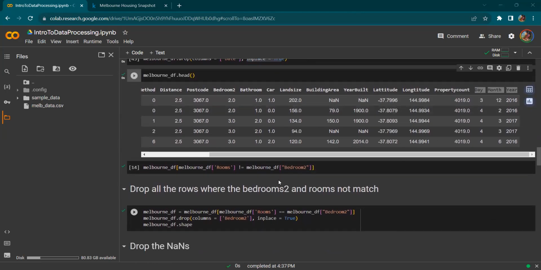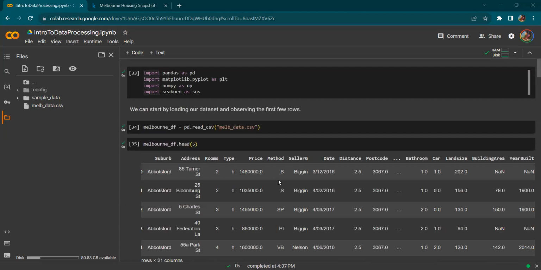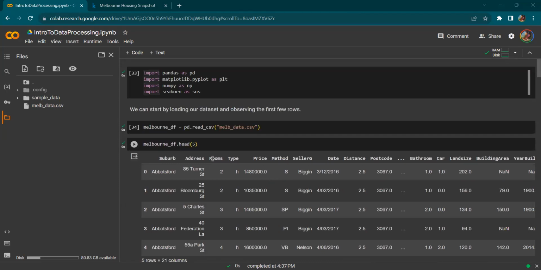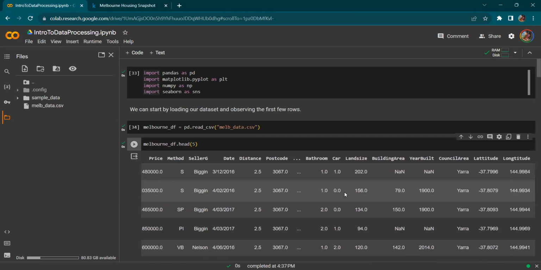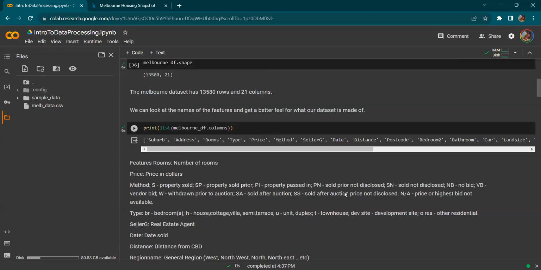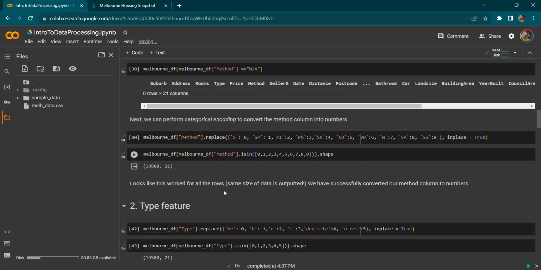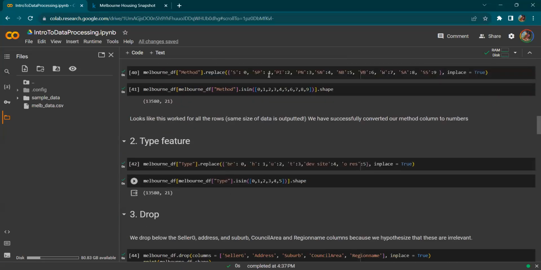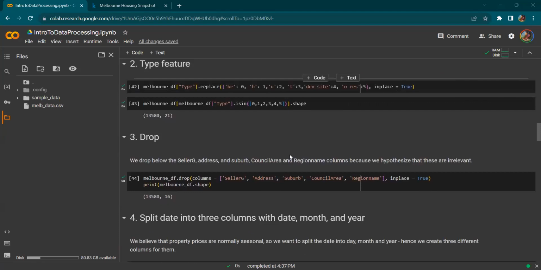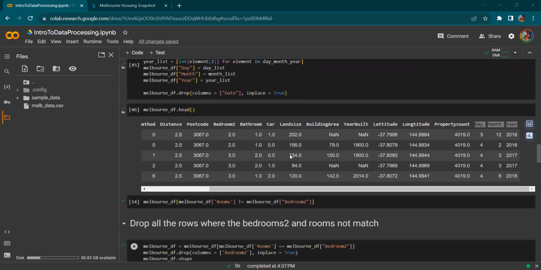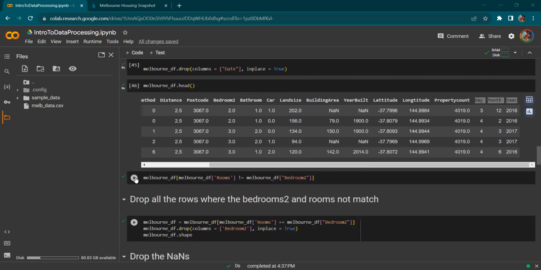Okay, so we also can note, if we go up to the top, that we have a feature called rooms, and we also have a feature called bedroom 2. And this is kind of strange because rooms and bedroom 2 could mean the exact same thing. So naturally, we'd want to check if that is the case. So here we're going to print